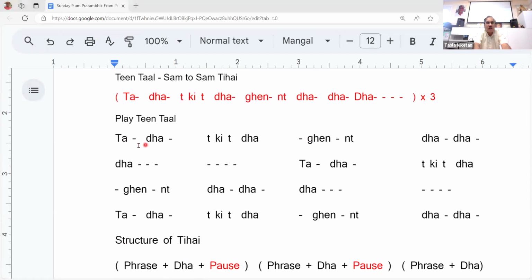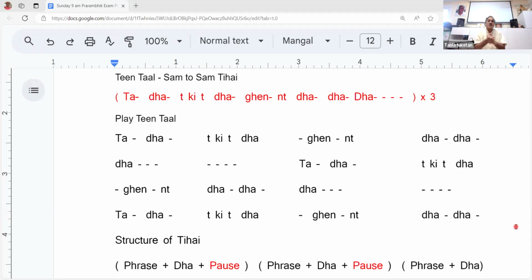So this will have just ti, r, ki, ta, dha, pause, ti, r, ki, ta, dha, pause, ti, r, ki, ta, dha. But that is the simplest TI which we can't do from our exam perspective. Otherwise, I would have been happy to teach you tera gita dha, pause, tera gita dha, and you must get 100%. No, that doesn't work, unfortunately.